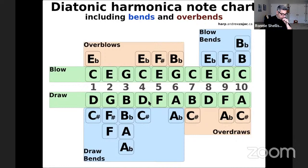Right? And we're on 3 draw right there. So you can find this little tool that I'm using, this keyboard. Once you find out where it lays out, you'll just sustain the note. It's going to be a big part of what I want to do here with the group. You sustain these notes, we can work on breath control, long notes, and we can really try to see how